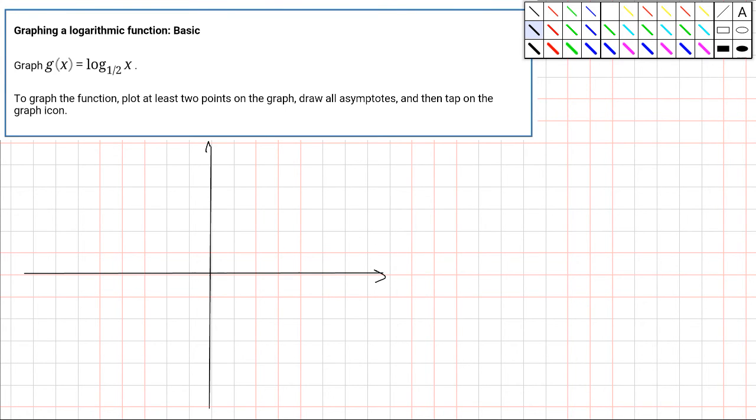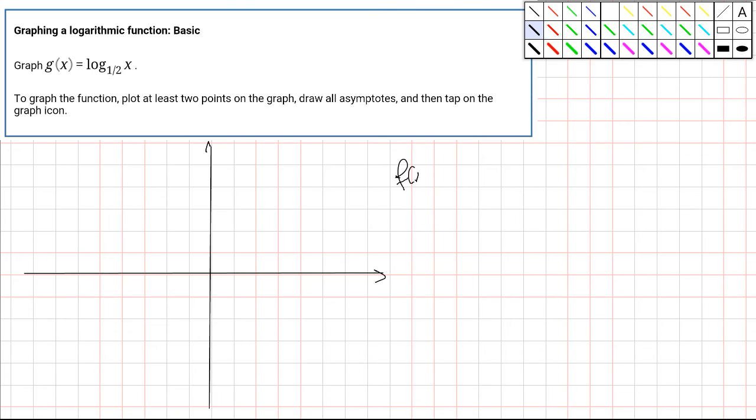To graph a logarithmic function, so this is a basic logarithmic function that has no horizontal shifts, no vertical shifts. So the first thing that we want to be able to remember is that the inverse of a logarithmic function is an exponential function. So if we remember that when we look at this, so let's say we have some